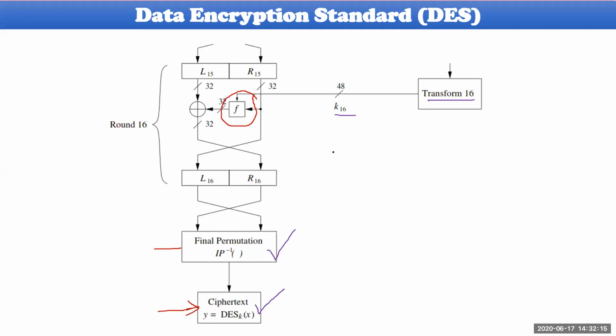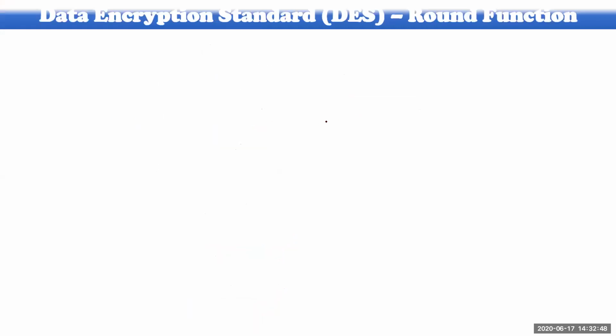Here you have to notice that the key size will be 48 bits, and the right side, R(i-1), is 32 bits. We have taken 32 bits as input to the function, and the second parameter will be 48 bits. How could you reduce this 48 bits to 32? And what kind of operation could be done at F, this round function? Let us go into detail about this particular function at this moment.